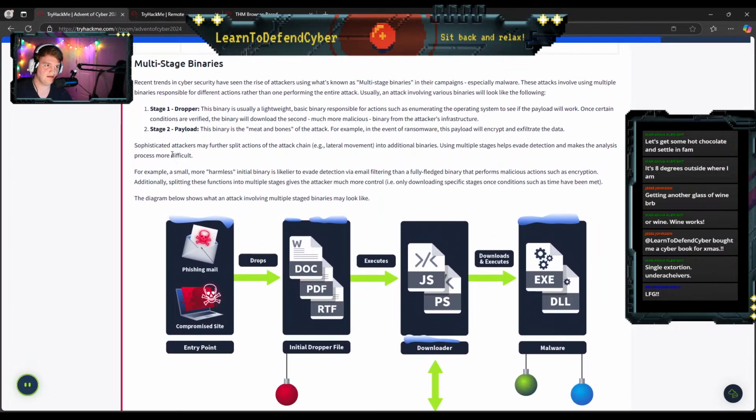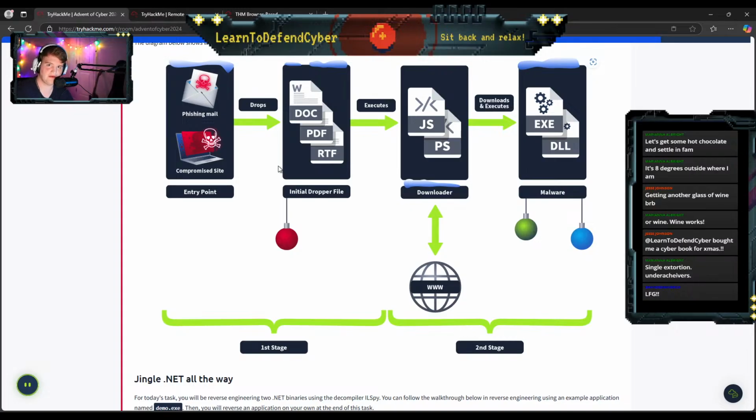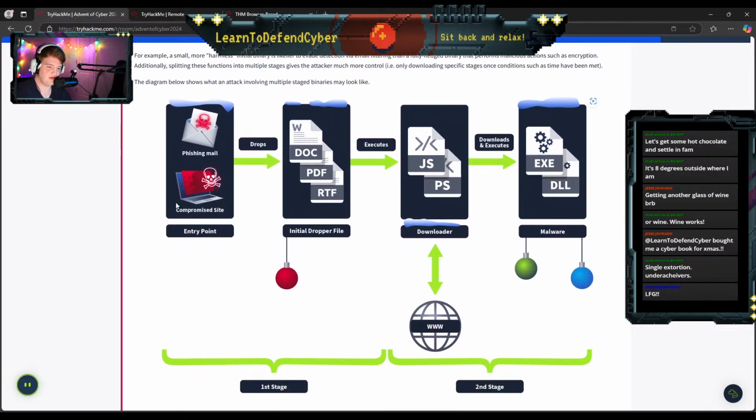Multi-stage binary. Back in the olden days, malware usually came in one package, before it started getting detected heavily. Not anymore. They got smart. Now you've got droppers, compilers (they even come with their own compilers sometimes), and wrappers, all to make it harder. We can see a kill chain here where you click on a message, it drops a dropper file. You click on that dropper file, it executes and pulls down different malware, and then it executes the malware that it pulled down.